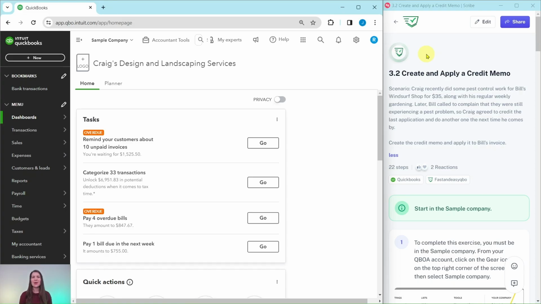Right, in this video, we are going to practice creating and applying a credit memo. The exercise is going to be over here on the right-hand side, and this is pulled from our basic level ProAdvisor certification course. If you would like more information about it, there is a link below in the description. Feel free to click on that after we go through the exercise, but let's see what our scenario will be